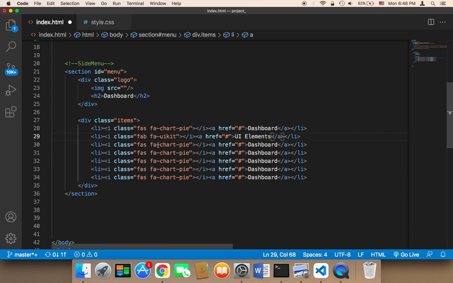And then next here, I'm going to say FAS, and then FA th large, and I'm going to say here, let's say tables, for example, tables. Later we can change these names that I'm going to give to these items. For now we just need to focus on the design, and later we can focus on the text that's being displayed. Next I'm going to say here forms,